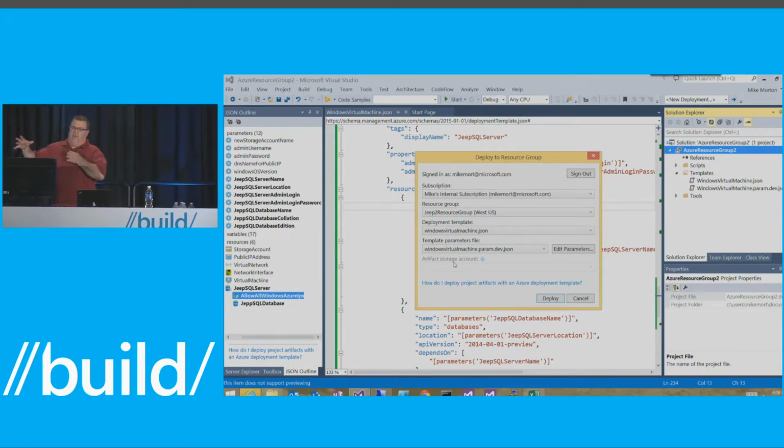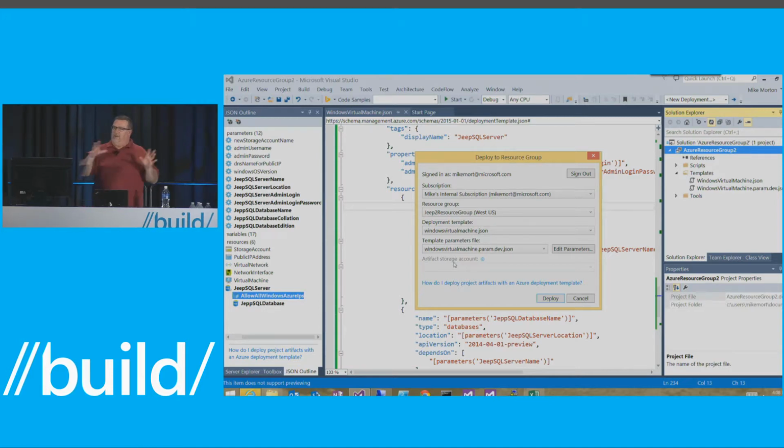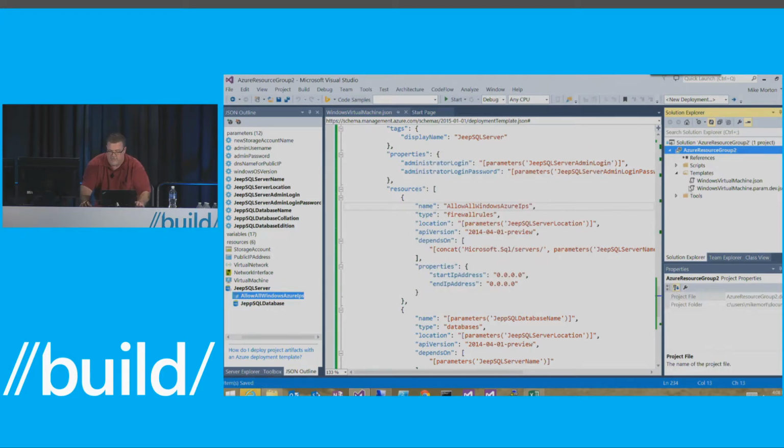But what I want to do is show you the new integration that we have with PowerShell. So in the 2.5 release, for the few people that were using the deployment resource group before, we didn't give you a choice. We gave you a PowerShell file, but it was not tied to this deployment dialog. So now this deployment dialog actually fires off the PowerShell file that we supply you, which is really cool because you can go in and insert whatever else you want. It also comes with a little danger because you could break that PowerShell file and it could fail,